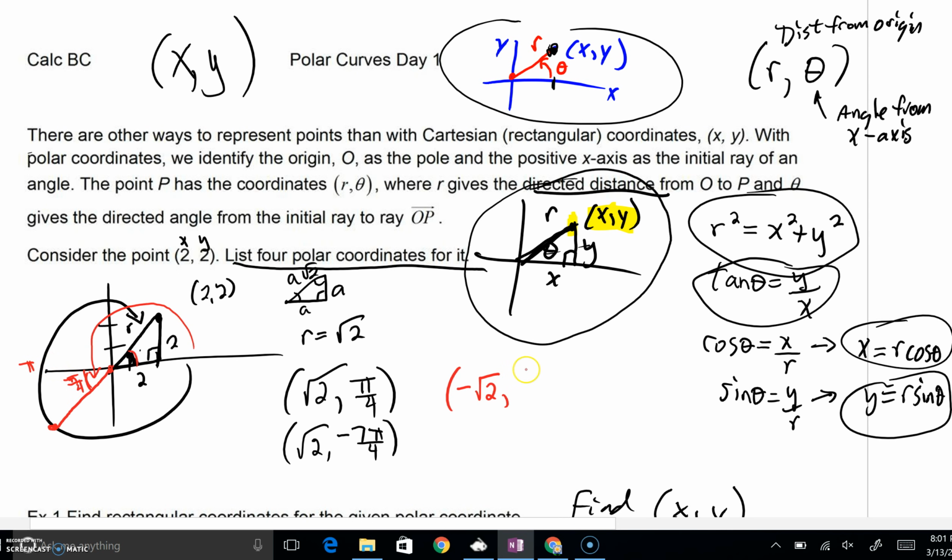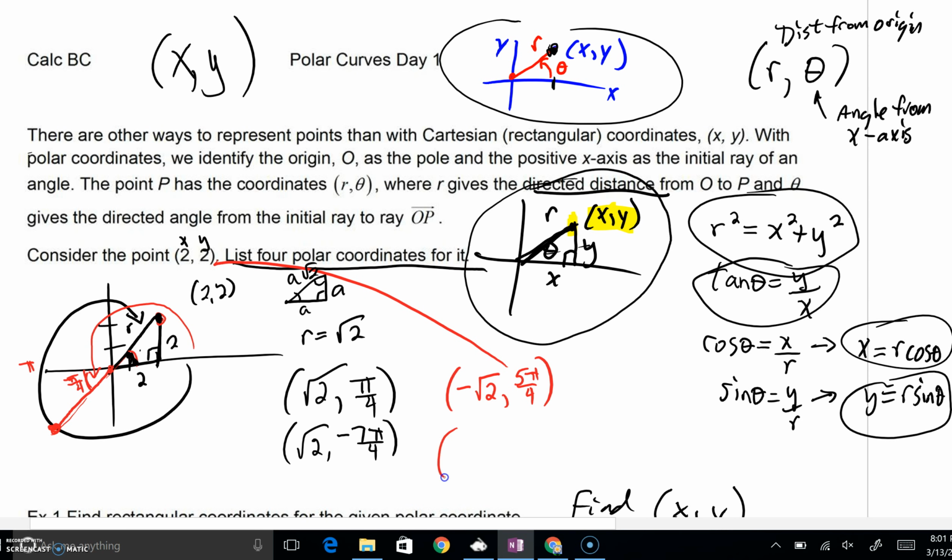Pi plus pi over 4 would be 5 pi over 4. Now, as you're looking at this, you're probably visualizing a third quadrant angle here. But the negative r value will project that point to the opposite quadrant. In other words, this point, negative radical 2 comma 5 pi over 4, is actually going to land right where